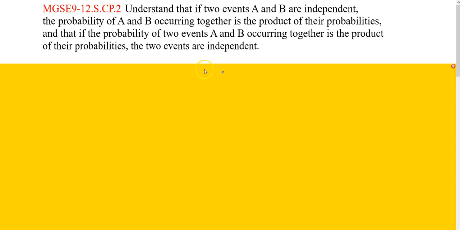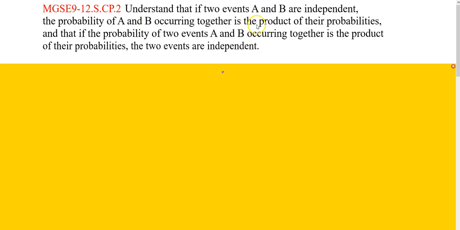In this video, we are going to learn about independent events. The standard that's covered is MGSE 9 through 12 SCP-2. So that's about conditional probabilities. We are going to understand that if two events A and B are independent, the probability of A and B